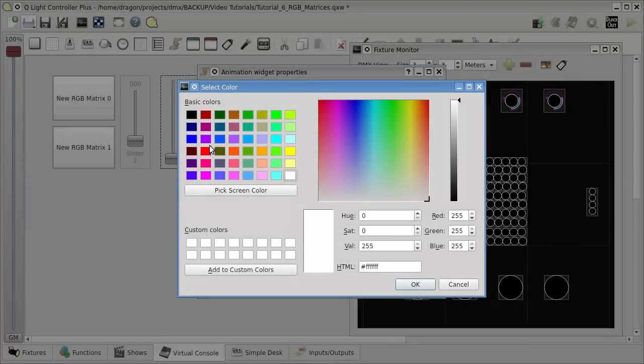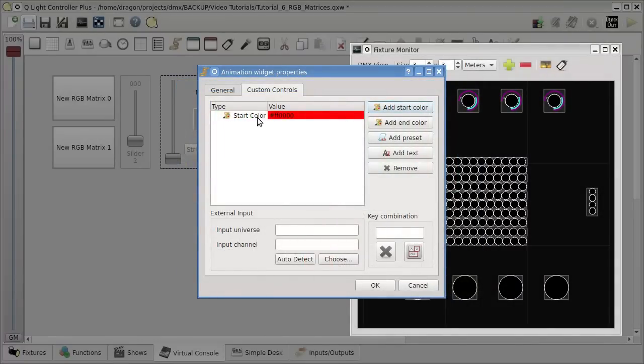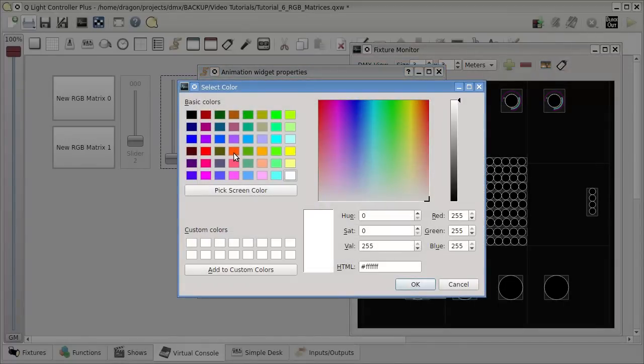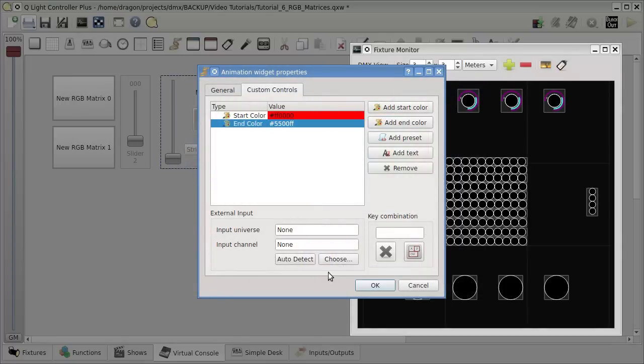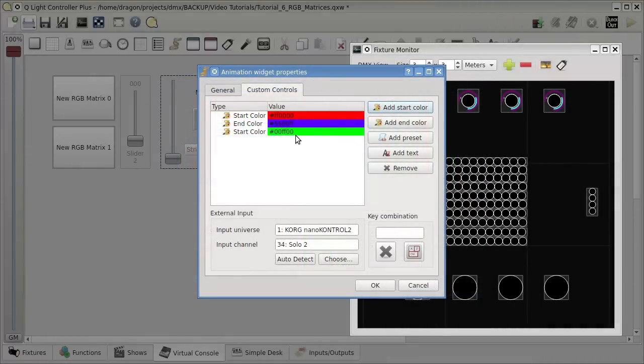So I can add a new start color, for example, our lovely red color. The interesting thing is that every custom control can be associated to an external input. So for example, in this case, I will associate my nano control solo 1 button. Then I can add an end color, for example, this purple one, and I will associate another button. I can add another start color, and so on,